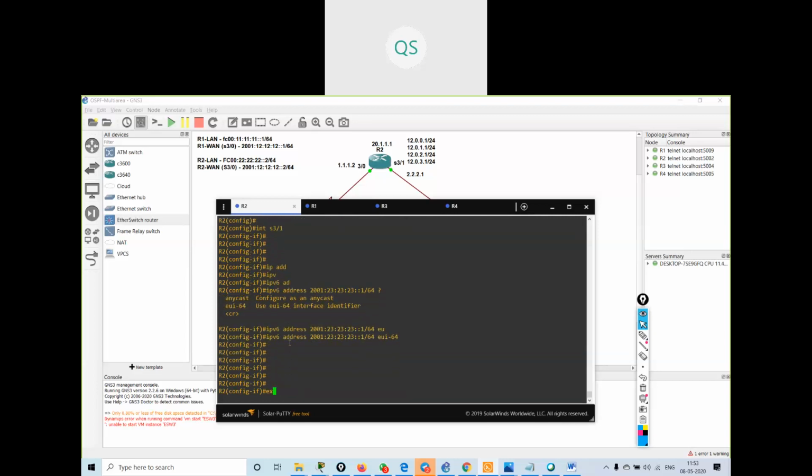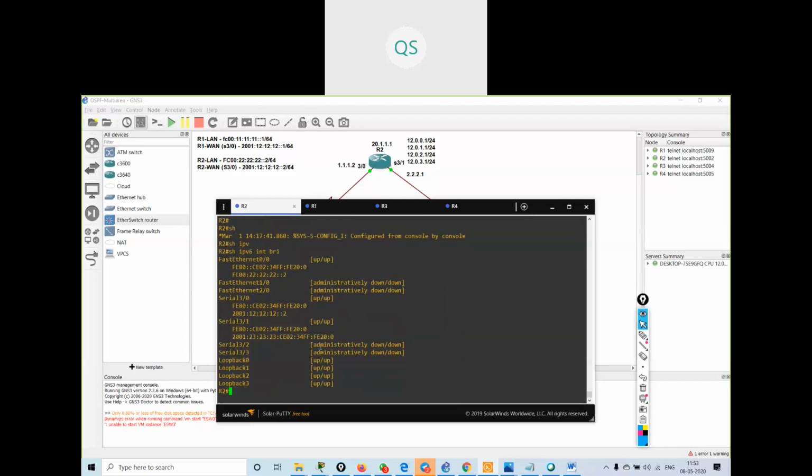Then I will say no shut, exit. If I verify with show ipv6 interface brief, see now the difference between this address and my other address.